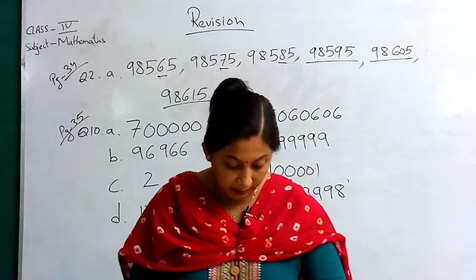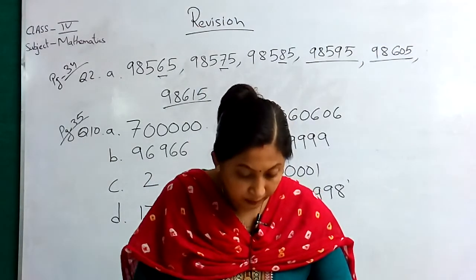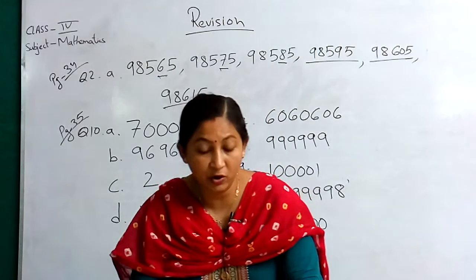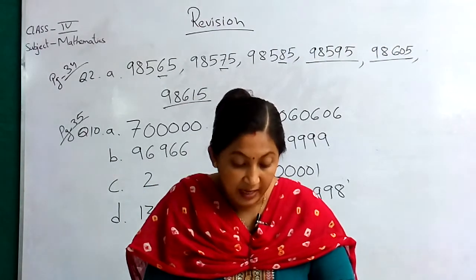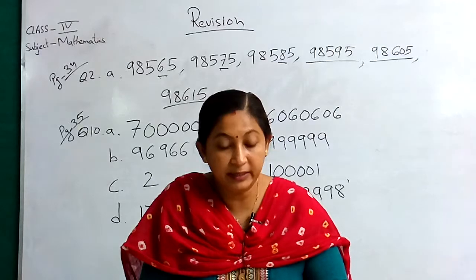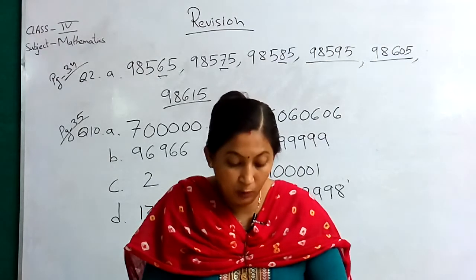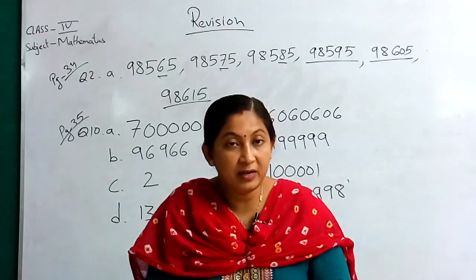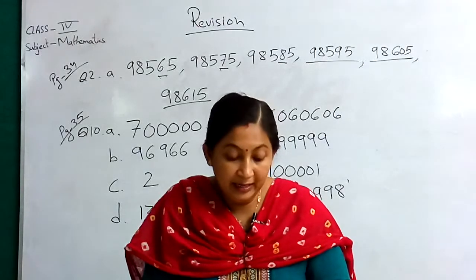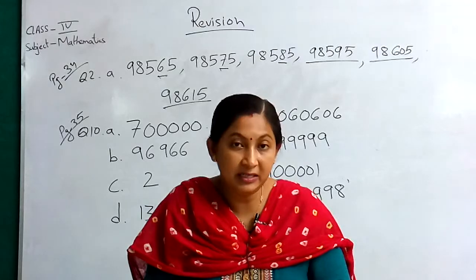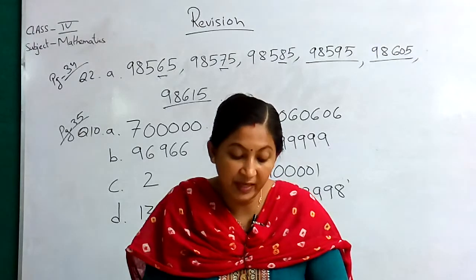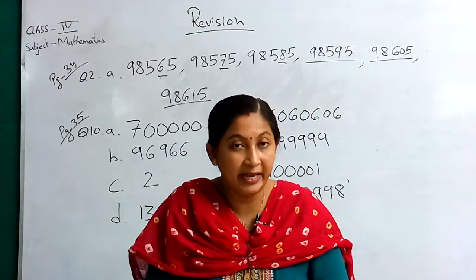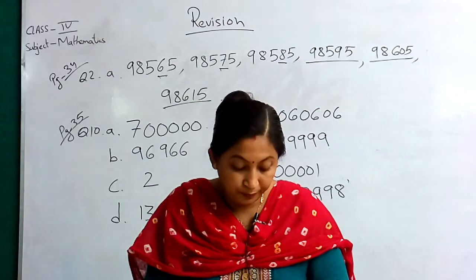Turn the page to page number 36. Ascending order, descending order. You all know how to solve. Ascending order from smaller to bigger, descending order from bigger to smaller. Next, again the comparison. You will first write the international system and then write the Indian system and then compare both of that and then give the sign. Okay.